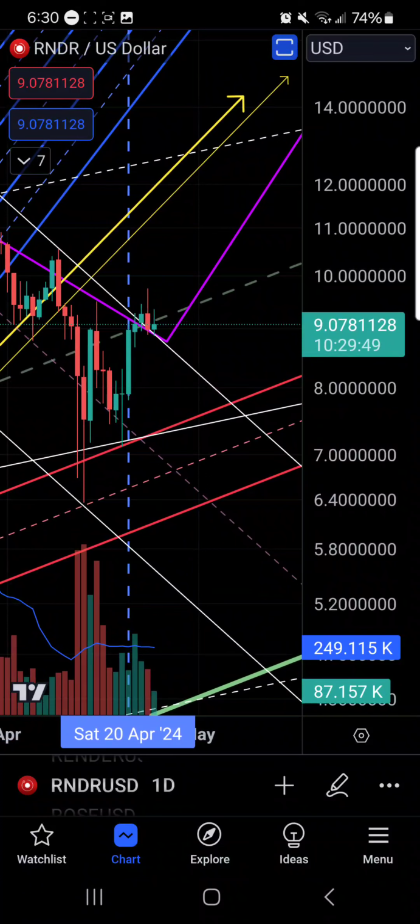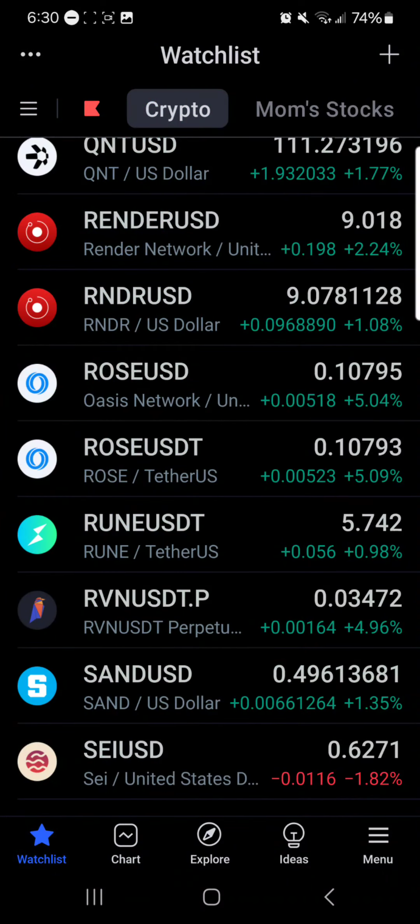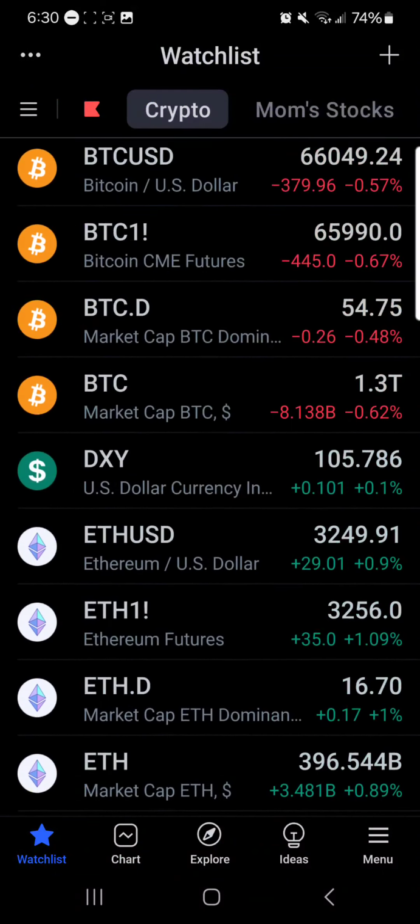If you are seeing this, be ready. Now, I don't know if we're going to get this dump. Might not. We might see a pump here. They might not be able to dump us this weekend. But be ready to pick up some bargain basement buys here. Let's go look at AVAX maybe.